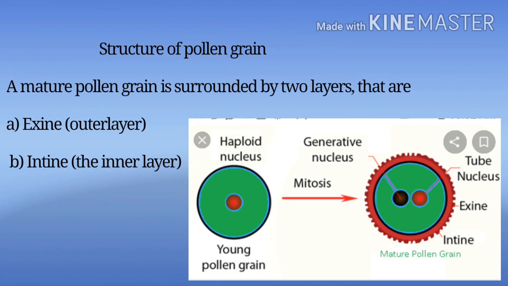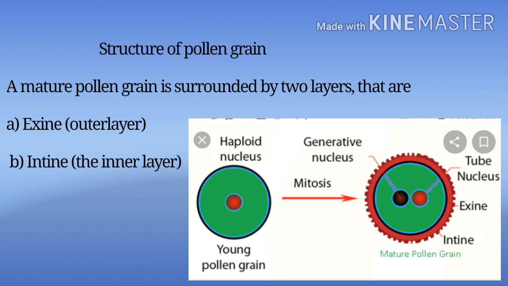So we have come to know that the microspore mother cells which are present in the microsporangia are the actual cells which are forming your pollen grains. Let us discuss the mature pollen grain structure. The pollen grain represents the male gametophyte which is formed inside the anther. They are generally spherical, measuring about 25 to 50 micrometer in diameter.